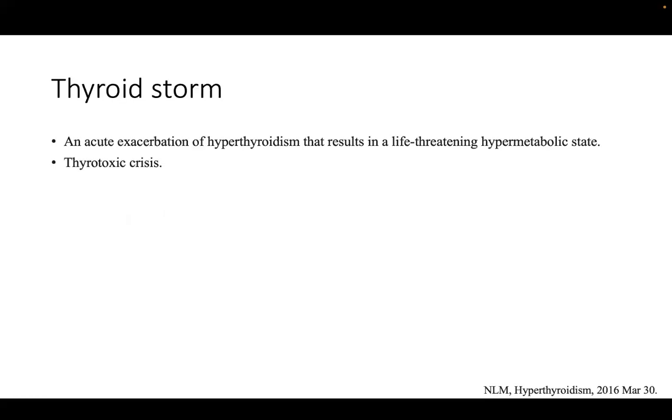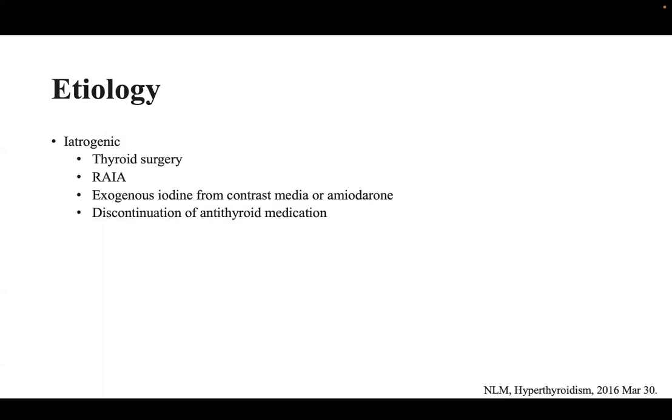Now, thyroid storm is a state of acute exacerbation of hyperthyroidism, which can result in a life-threatening hypermetabolic state, and this is also known as thyrotoxic crisis. In terms of etiology, there can be iatrogenic causes and stress-related causes. In iatrogenic causes, you